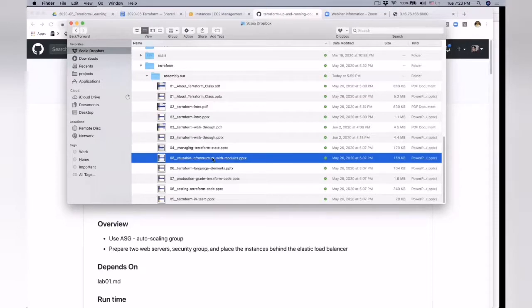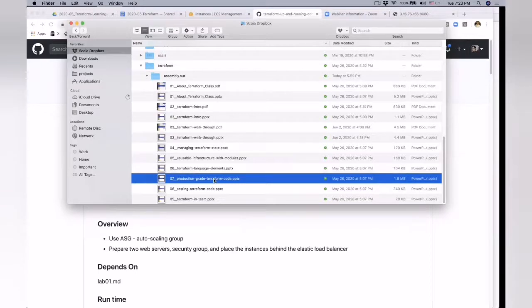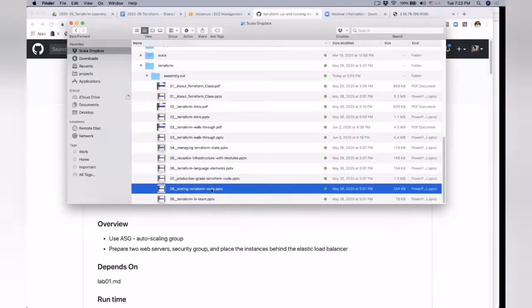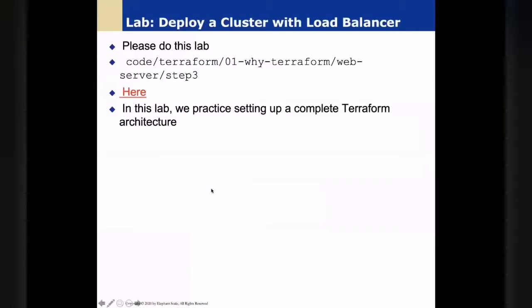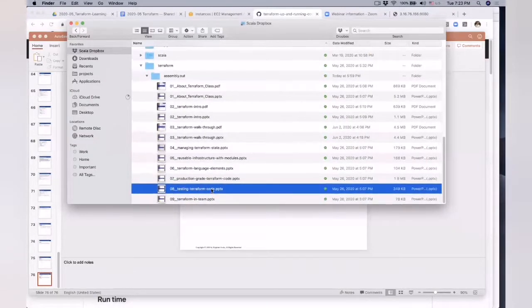The next one is, well, so far we're running individual structure of infrastructure. Well, what if somebody already has their own module well debugged and developed? Can I use that? How am I going to build a whole library of reusable infrastructure? Then we want to talk about more language elements, how exactly they work. Then about how do you build real scalable deployments? Then how do you test? And finally, what if you're working on that in a big team?